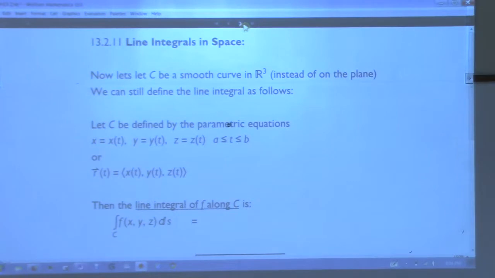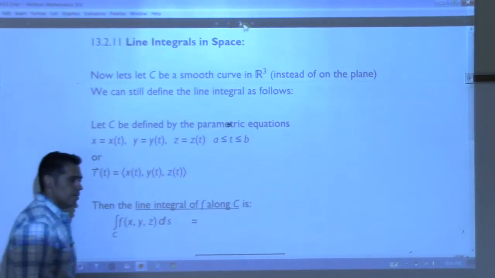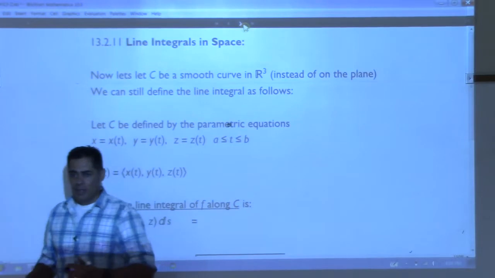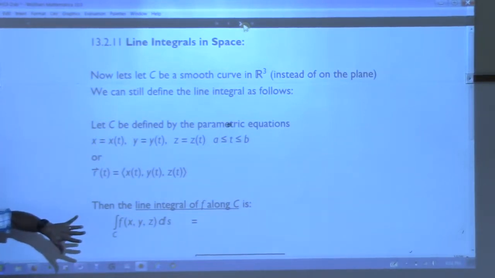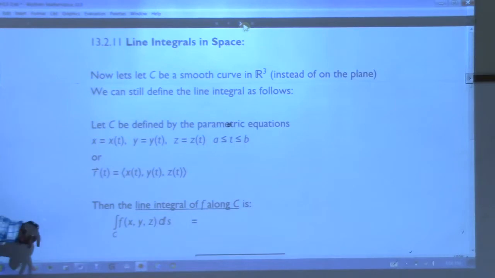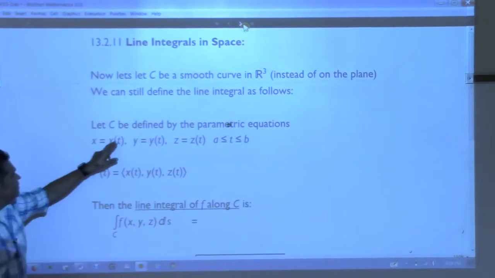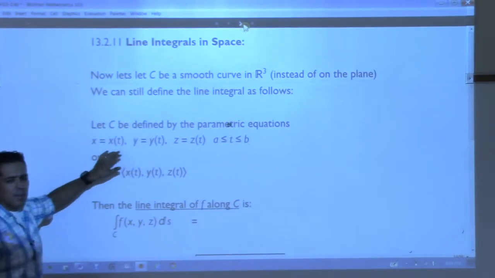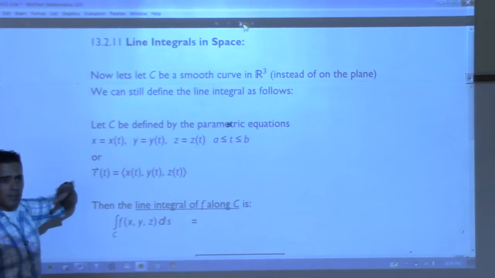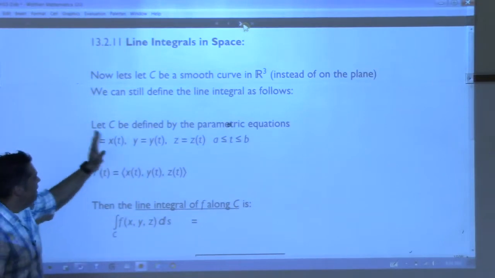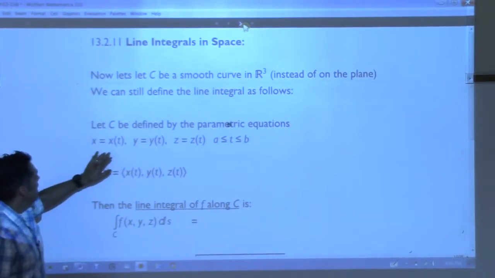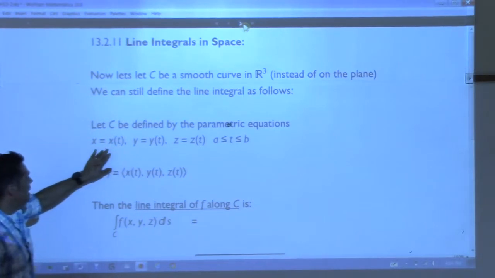So now what we're going to do is just extend these ideas into a function of 3 variables. So instead of having our curve C living on a flat sheet of paper, our curve C is going to live in 3-dimensional space. All right? So if we have a curve that's smooth, if you go back to when we talked about vector functions, curves, smooth meant that they couldn't have any cusps on them. But as long as we have a smooth curve, and we can define our curve with the parametric equations,